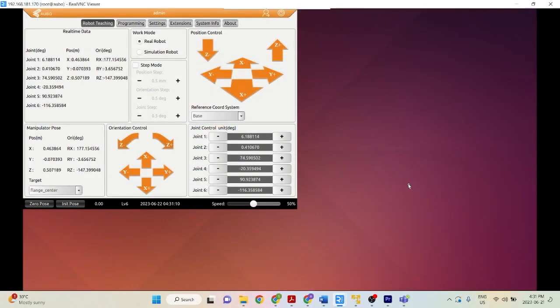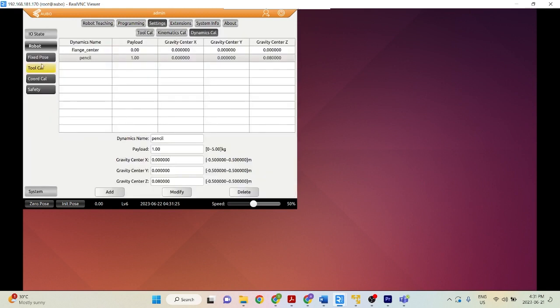In this video, we'll be going over how to calibrate your new tool for your AUBO cobot. So let's just say you get a new tool, for example, a gripper. You're going to need to do some kinematics and dynamics calibration on it before you can make proper use of it. So to do so, you're going to need to go into settings, tool cal,